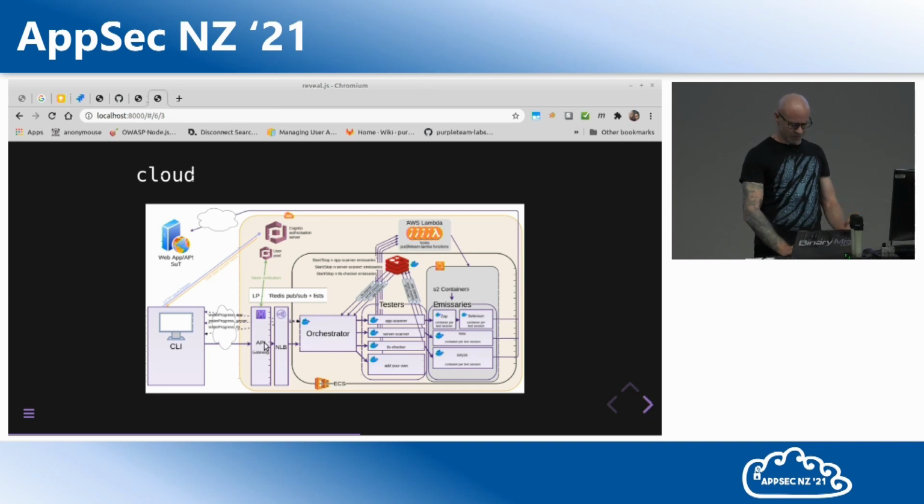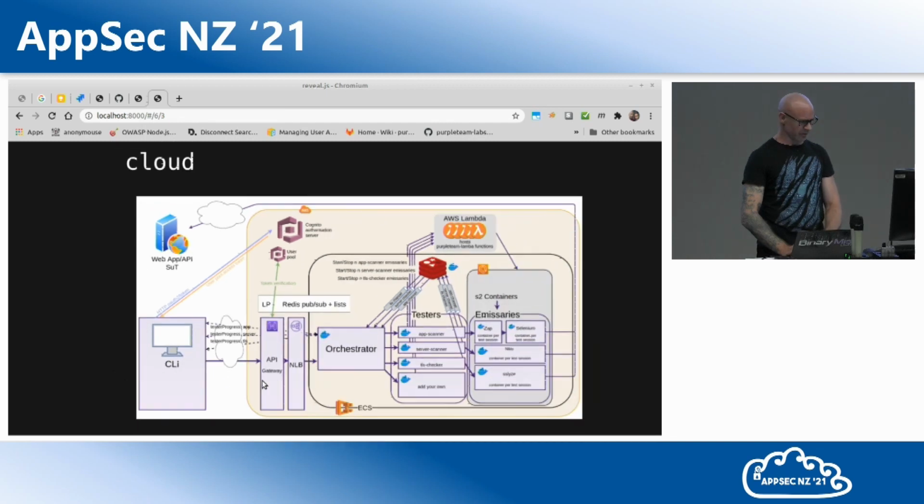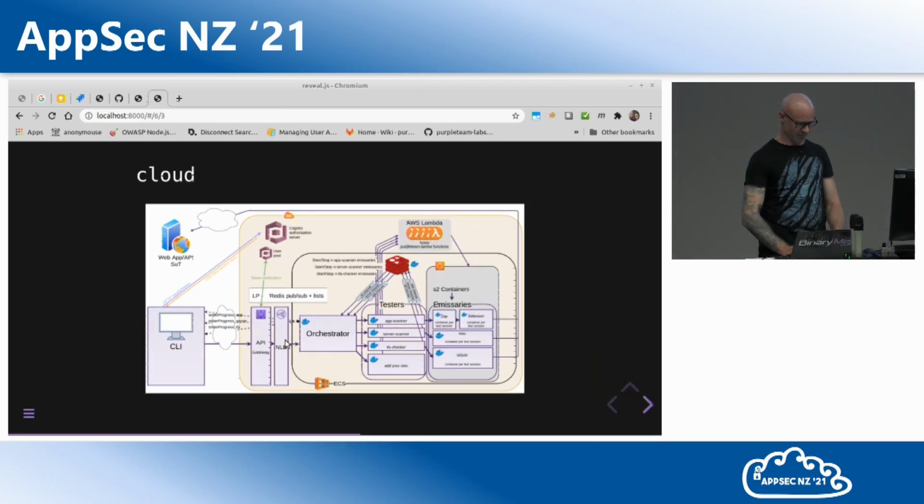The API gateway is also acting as the resource server. And then the API gateway just basically does token verification to the user pool. If it's all good, then it allows the request to carry on through to the NLB and then to the orchestrator.